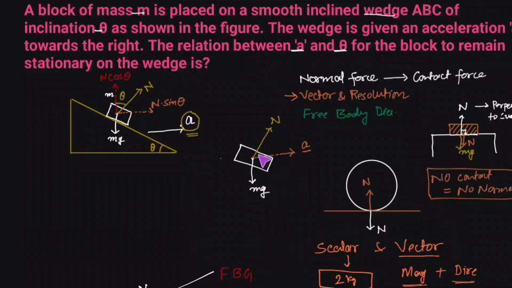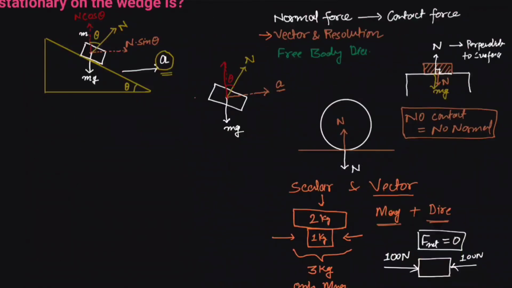If this is N, the vertical direction would be at an angle of theta. From geometry you can find it out. How? Component of N in the vertical direction would be N cos theta. Component of N in the horizontal direction would be N sin theta. Because we have mentioned the components N cos theta and N sin theta, we remove the main force N, because N sin theta and N cos theta together, when they combine, they make N. So either we write N and we don't show the components, or we show the components and we don't consider the main force.